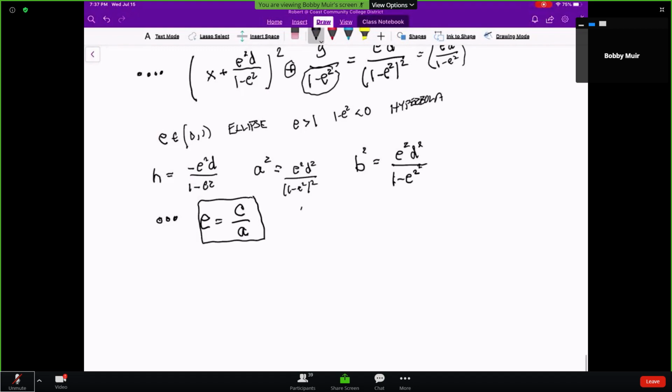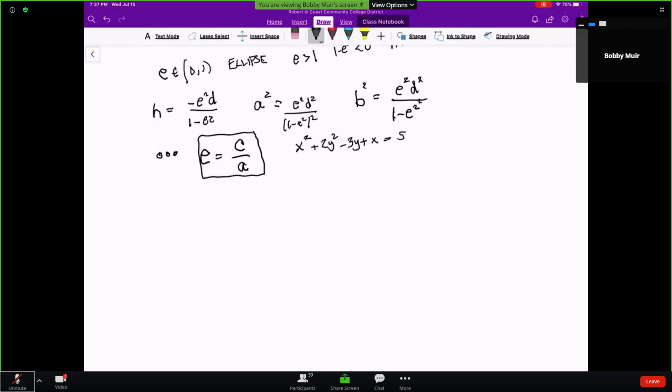If you're given a conic section, like let's say x squared plus 2y squared minus 3y plus x equals 5 or something like that, and you want to find the eccentricity, you would put it in standard form and then figure out what those two numbers are. Okay, now the whole point of all of this is when we put these conics in polar form,